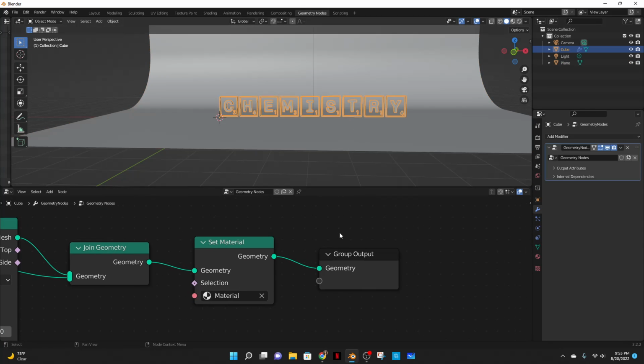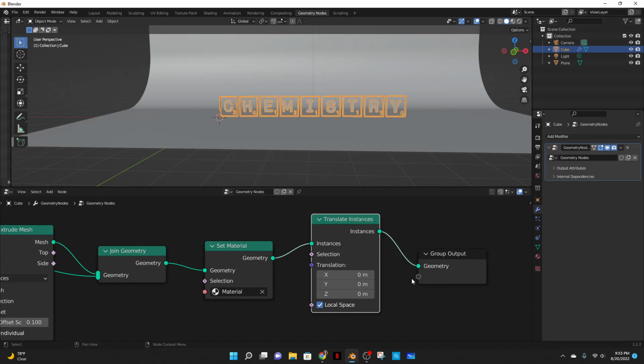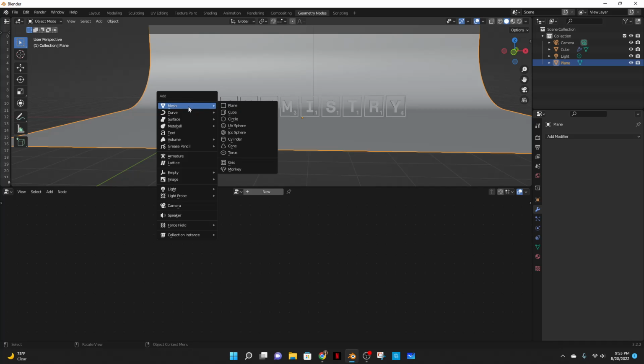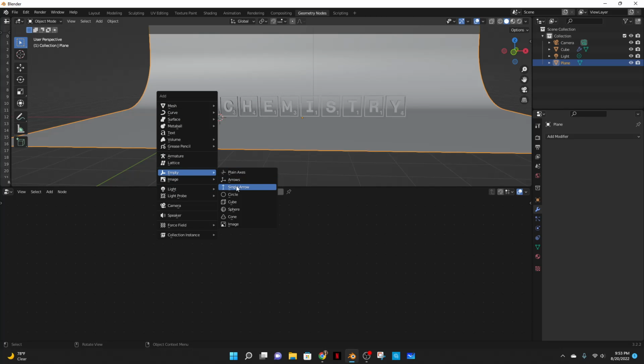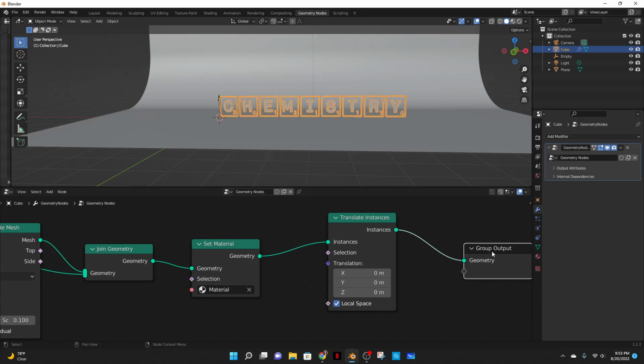So in order to get anything moving in geometry nodes, I'm going to have to do Shift A, translate instances, and put that in here. And then you'll see it just moves it, but I want something to control the letters and how they move. So I'll do Shift A, get an empty, single arrow,